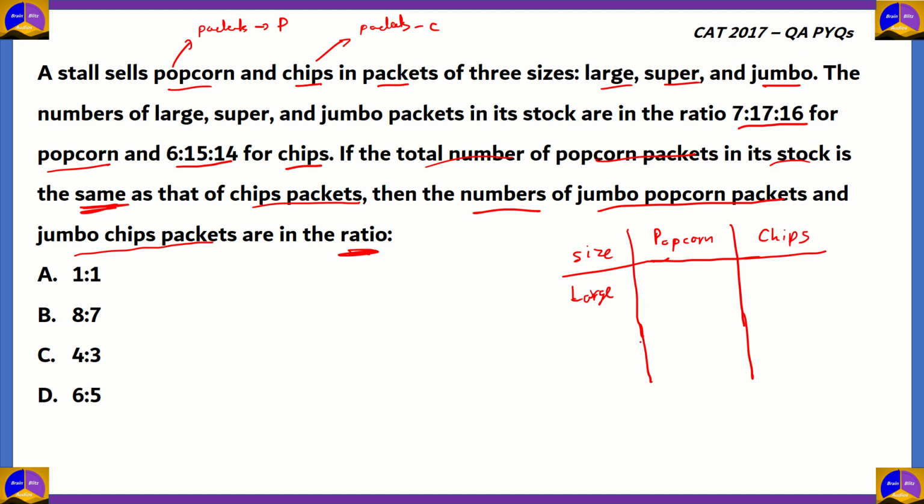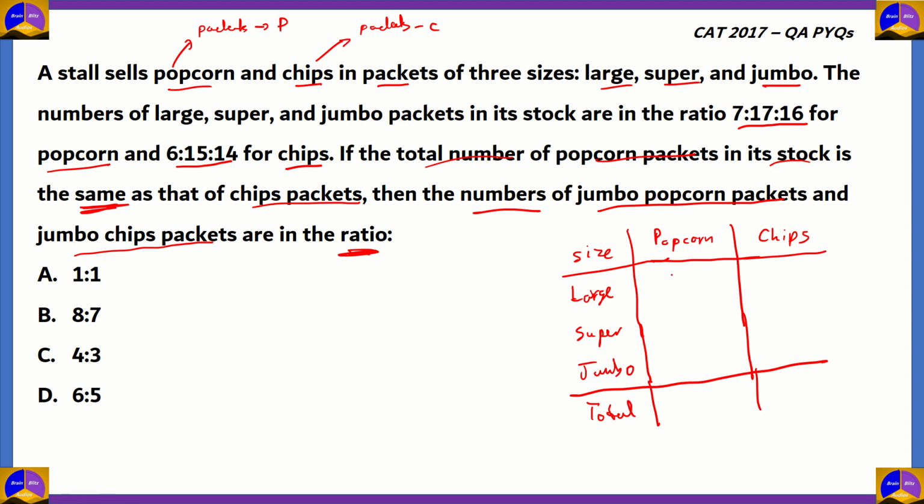So what are the values? Now, if you look at it, we have 3 sizes: large, super, and jumbo. And we'll also add a total in order to get our final values. So the ratio for large, super, and jumbo popcorn packets are